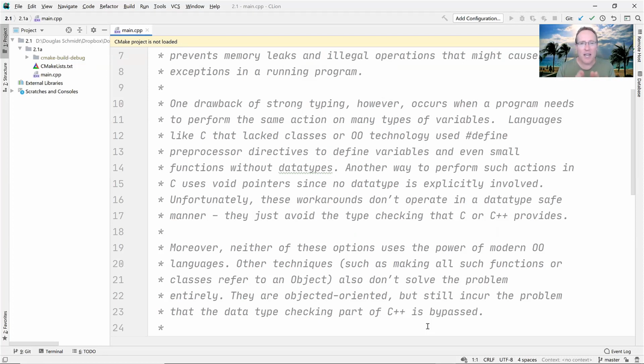But there is a downside to strong typing without proper feature combinations in a programming language. One of the downsides is that if you need to perform the same action on many different types of variables, strong typing can make your code rather tedious. And that's one reason why some languages like JavaScript and Python are weaker in their type checking. They basically allow things to be dynamically checked, or if they're even checked at all. And so that gives you more flexibility, but it comes at a cost of not knowing what your code is going to actually do until it runs,